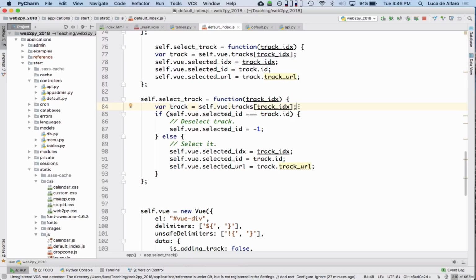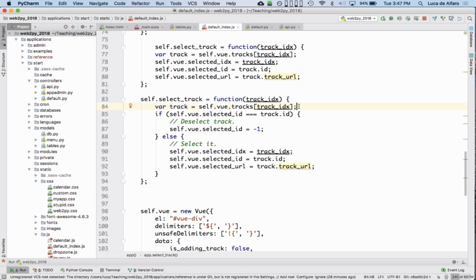Okay, so the goal of enumerating them is that it makes it much easier to retrieve, to find out what you're talking about. Okay, so now I have the object, and I need to do a couple of things. I need to say that it's not. So if by any chance this selected ID is, because you could be playing one track or displaying one track. So this is stuff that